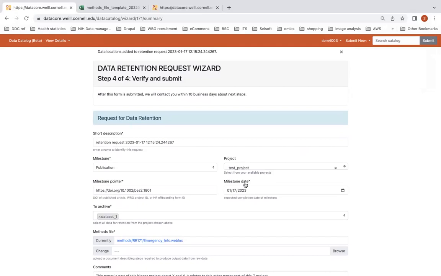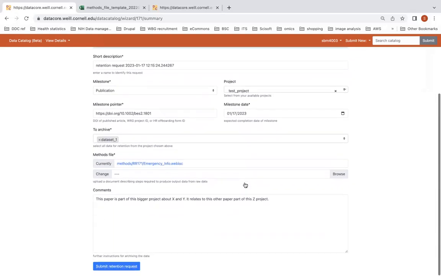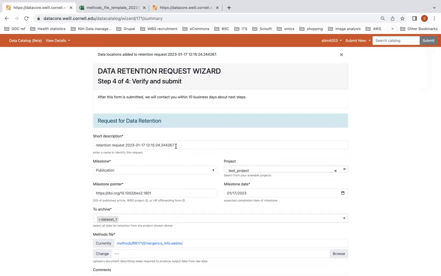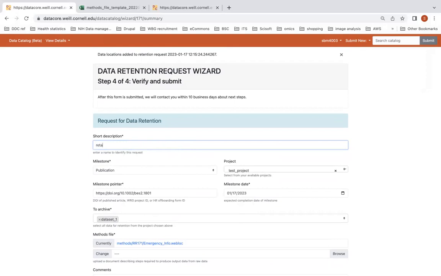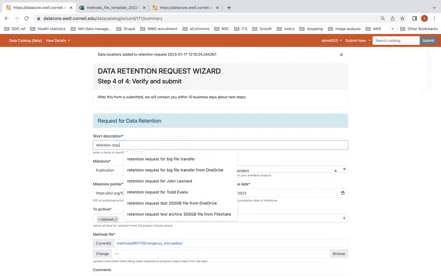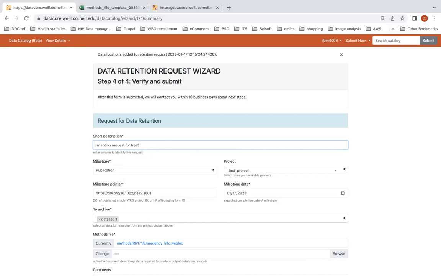which is, as I mentioned, just a recap of all the information I entered so far. You can see that there is a retention request name that is generated automatically for you. You're welcome to change that to something more meaningful for you. So you can put something, maybe, I don't know, like retention request or test project, for example,